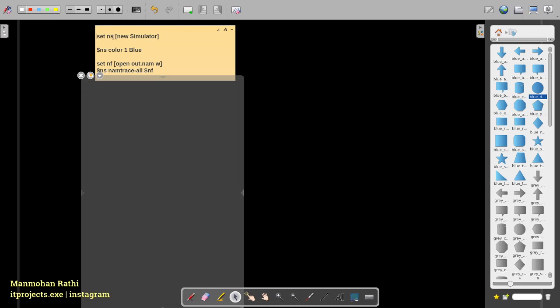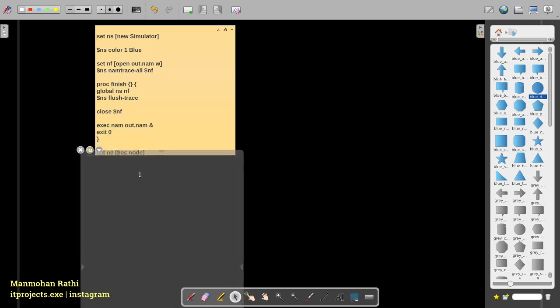First of all, we have set ns, so we are initializing and starting the simulator, and then setting the blue color of the arrows that you have just seen in the simulator. If you don't set any color, it will be black. Then we again open the NAM file, the animation file that NAM uses for storing the data we get after running the animation. We open the file and store it in the variable nf, and then tell the simulator that all the NAM data will be stored in that file.